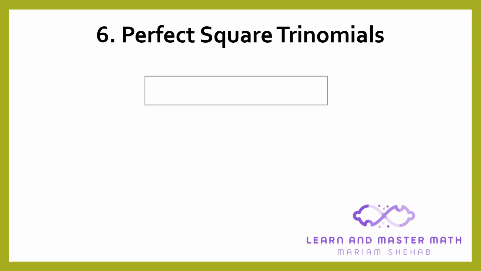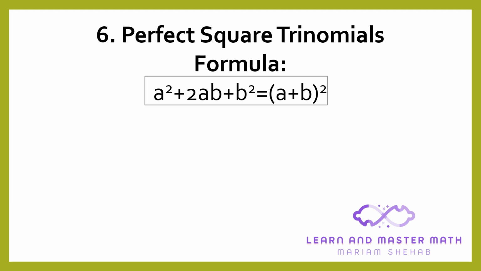Perfect squares trinomial technique. Using the formula, a power 2 plus 2ab plus b squared is equal to a plus b power 2. So whenever you have the first term as a square and the last term as a perfect square as well, and in the middle term you have double their product, you can apply this formula. For example,